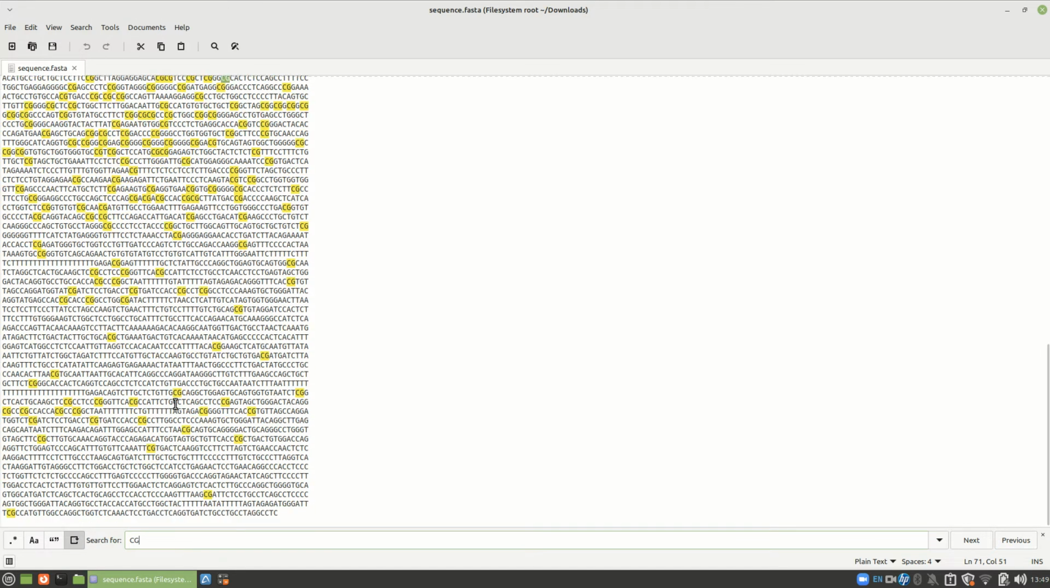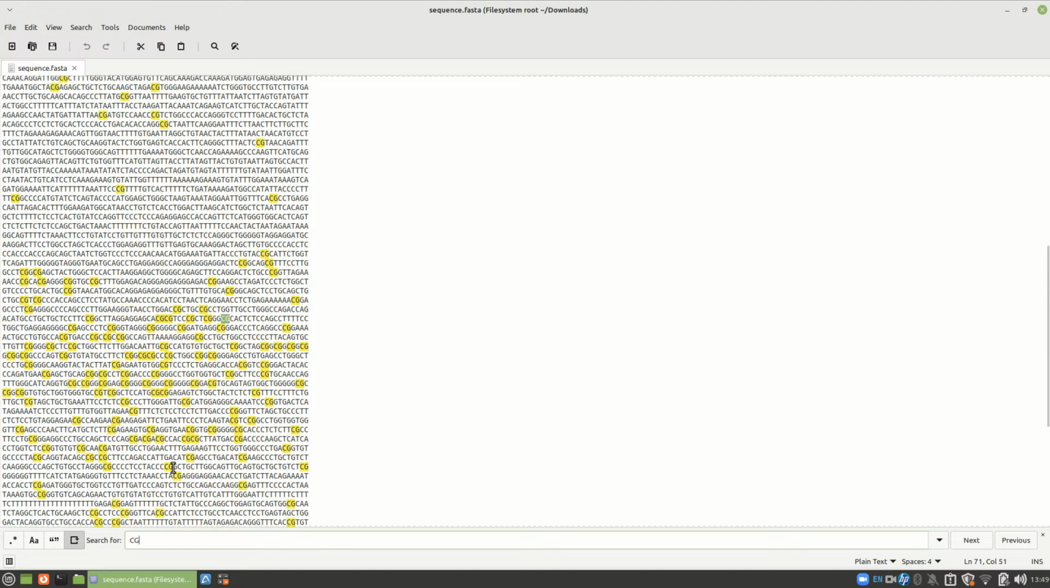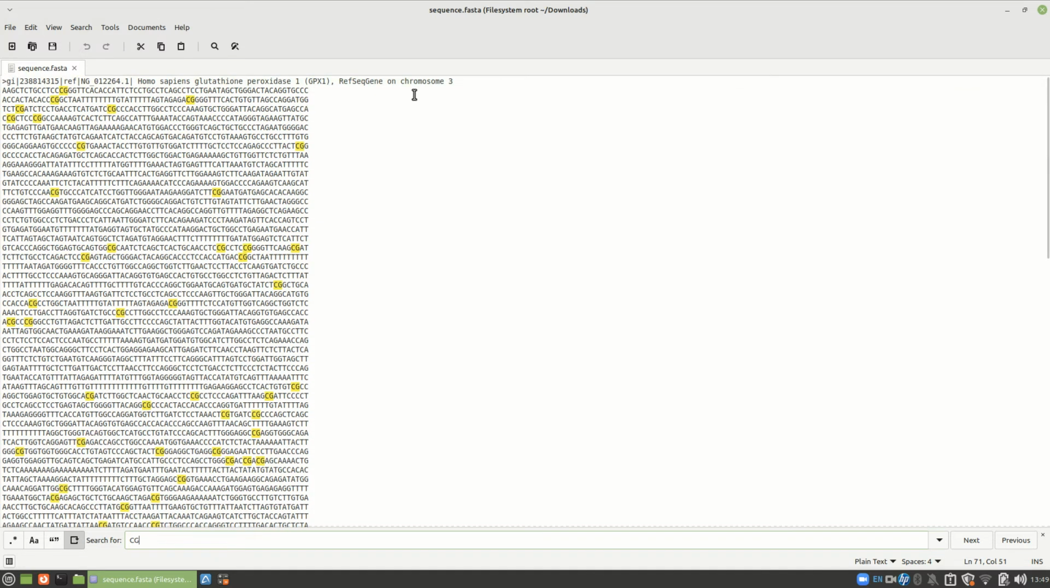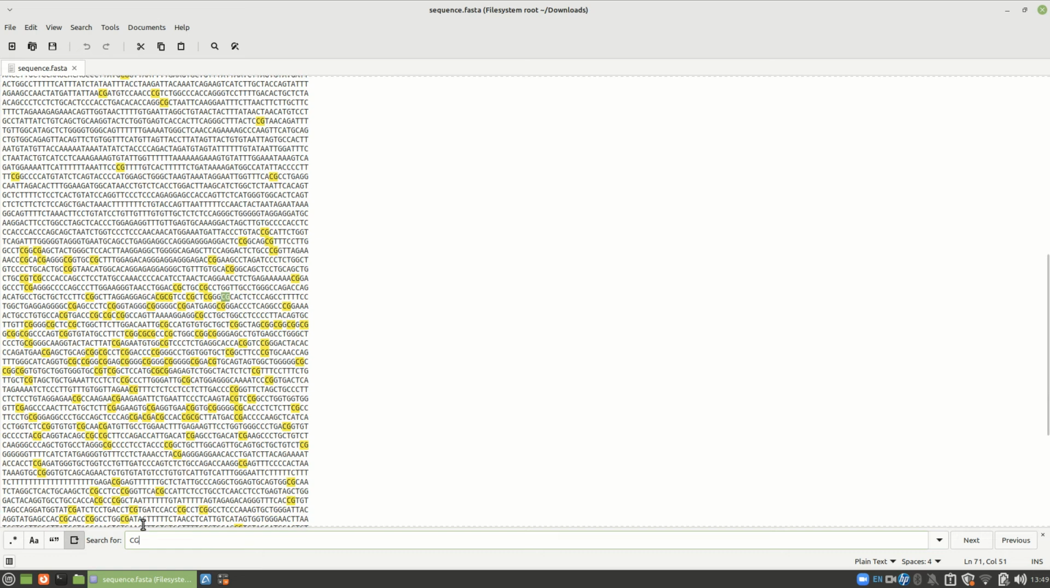Now here's our problem. I did this with C followed by G, but we learned that this is an RNA. So I should not be searching for C's and G's, should I? I should be searching for G's and C's. Now it works pretty well because